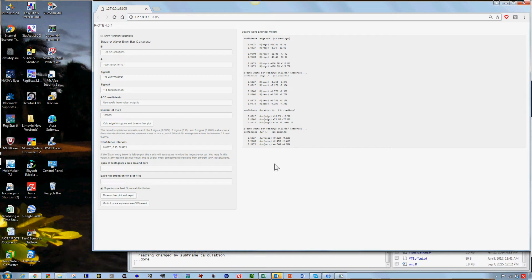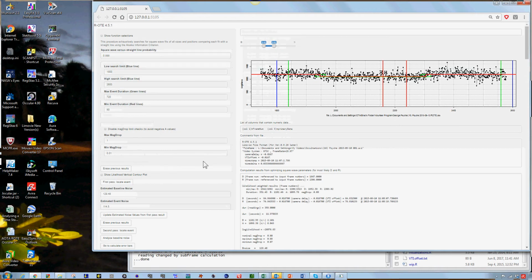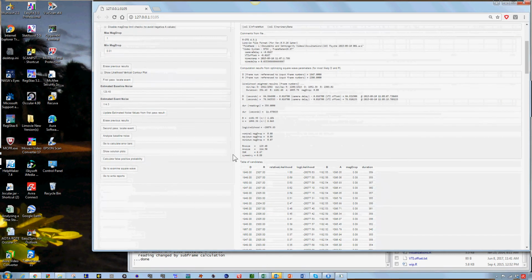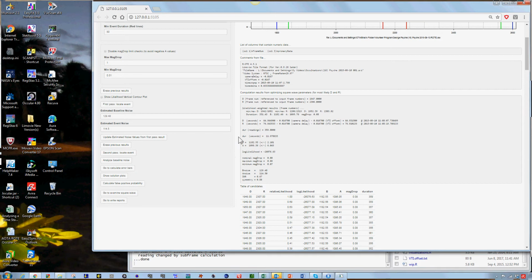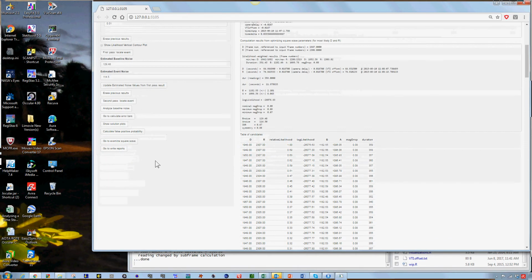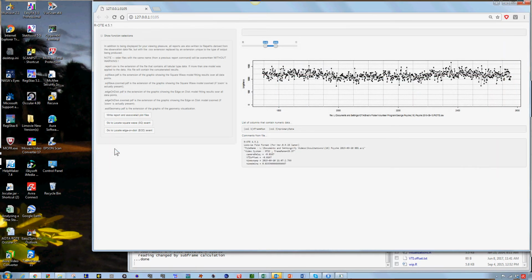So we're just about done. Now that we have our error bar report, I want to go back to our locate square wave page. We still have our original report that we want to save, and the best way to do that is to go to Write Reports,